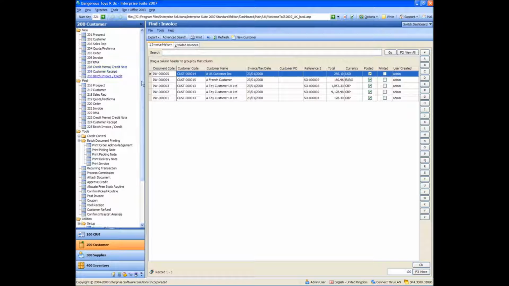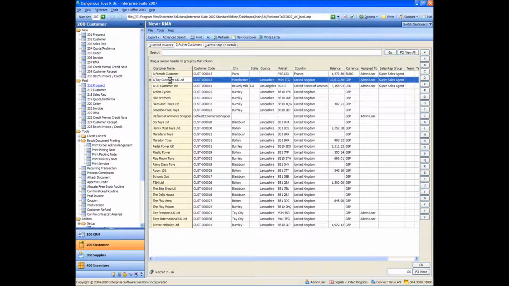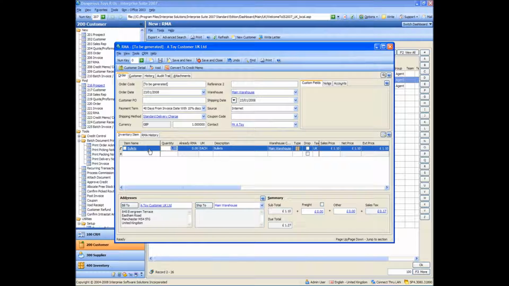Okay, next thing I'm going to do is create an RMA, and I'm going to create it for just an active customer, for a toy customer UK. So an RMA is like a stage before a credit really. It's sort of authorising the customer to send you the goods back. We're going to have 10 bullets on our RMA, and if we save it, we can see we get a